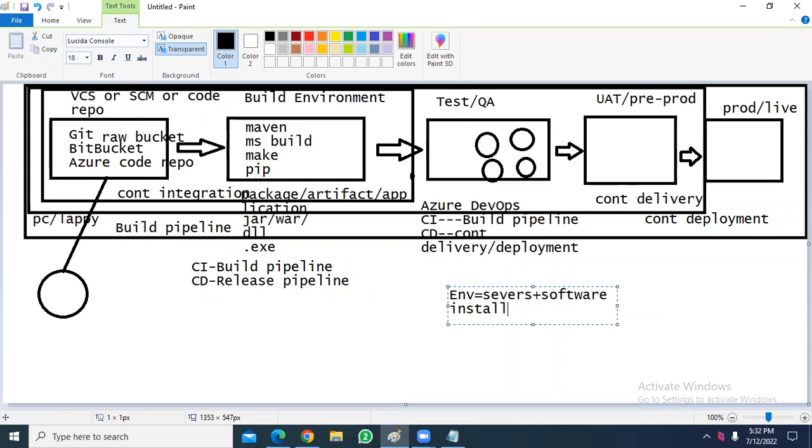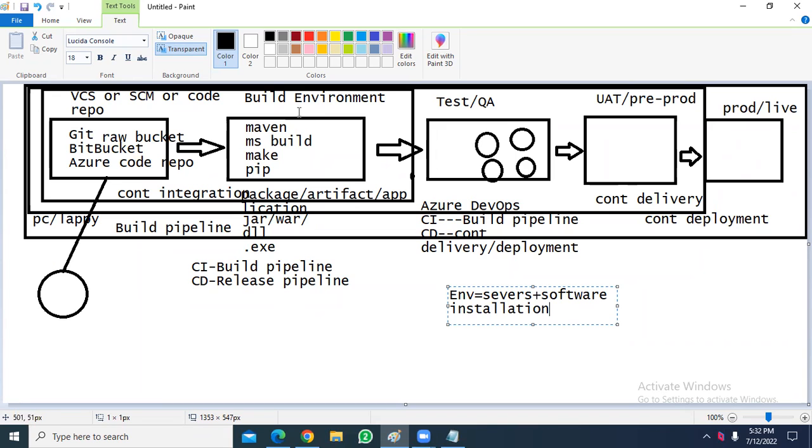For example, I want to create build environment. To create build environment, I will create a server with Linux operating system and with JDK and Maven installed. Within that we are going to create jar files or war files. If it is a .NET application, we are going to create Windows or Linux machine and install MS Build. With MS Build we can get DLL files.